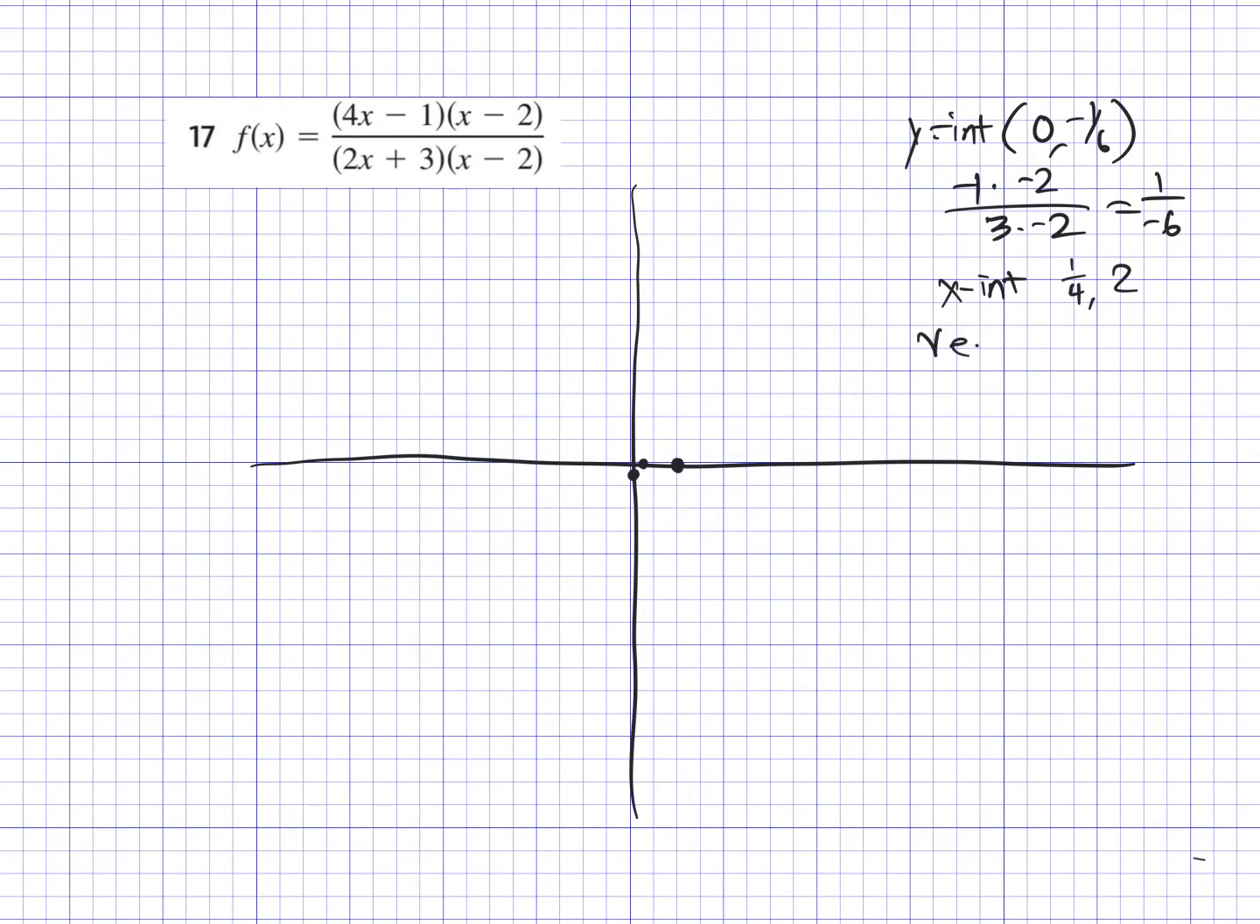So now vertical asymptotes. Set your denominator equal to 0. So what are our zeros? Negative 3/2 and positive 2. Negative 3/2, just like the last one, is between negative 1 and negative 2. And positive 2. So notice